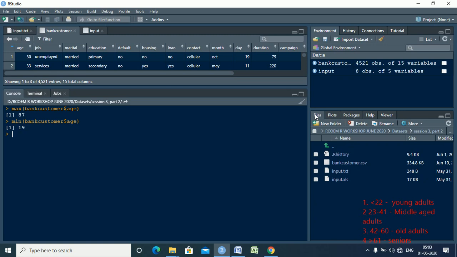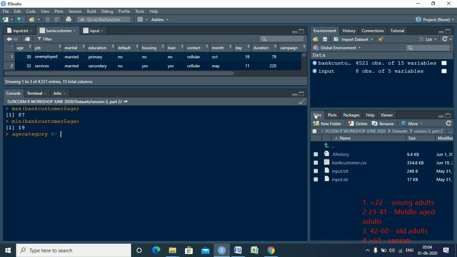So the minimum age is 19 and the maximum age is 87. Now we are going to create a data frame called age category. Right, so we are going to create a variable, age category, using less than equal to.